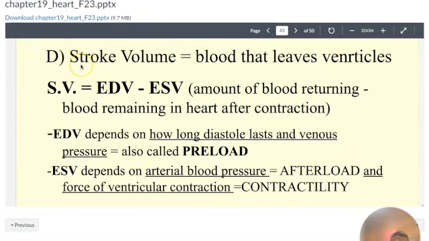Stroke volume, how much blood is squeezed out. There's also a formula: the end diastolic volume minus the end systolic volume. So what does that mean? Whatever is filled in, let's say you filled